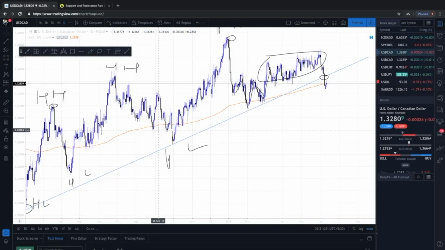Now you must have heard that whenever the price breaks the trend line, it continues to move in the direction in which it broke the trend line. And you must have also heard that many times after breaking the trend line, price moves down and then comes back to retest the trend line. So now I will tell you why this happens and what is the exact concept behind it. Let me first hide this part over here.